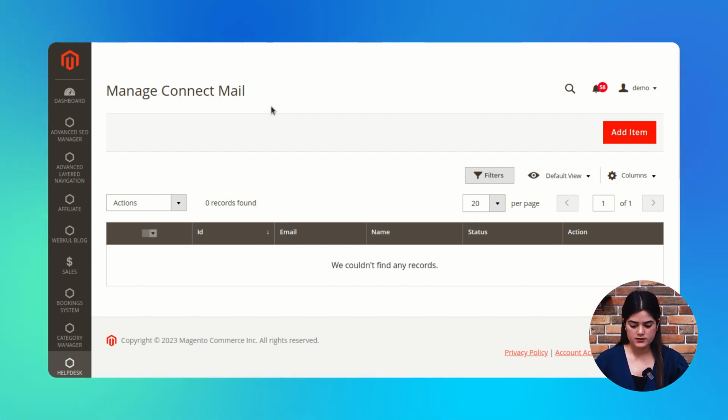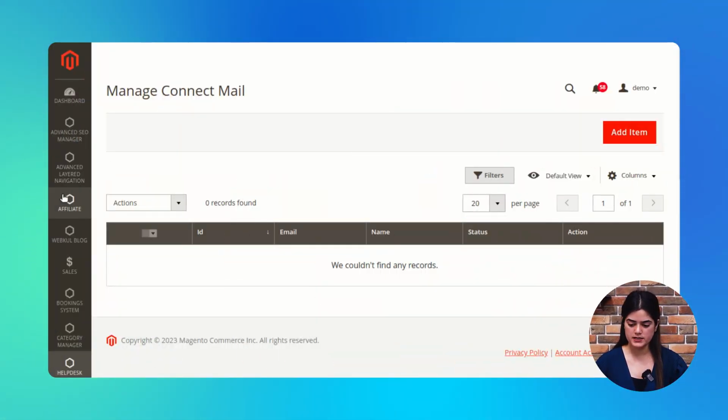To proceed further with this process, you need to configure your mailbox with the Magento 2 help desk extension inside the backend there, and accordingly all your incoming emails over that particular mailbox will automatically be converted into the ticket itself, and it will also appear inside your help desk.